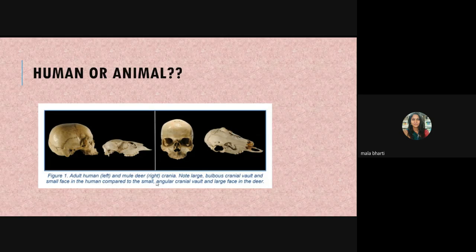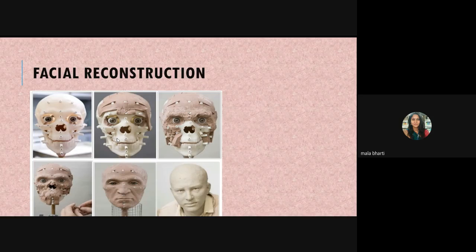Here you can see the differences. Mostly, in humans, the eye sockets are anteriorly placed, whereas in animals they are on the lateral side, right? I could not incorporate each and every difference here, but what I'm trying to imply is that there are certain anatomical peculiarities in both animal and human bone, which can be used to distinguish these bones. This is again one of the significances here.